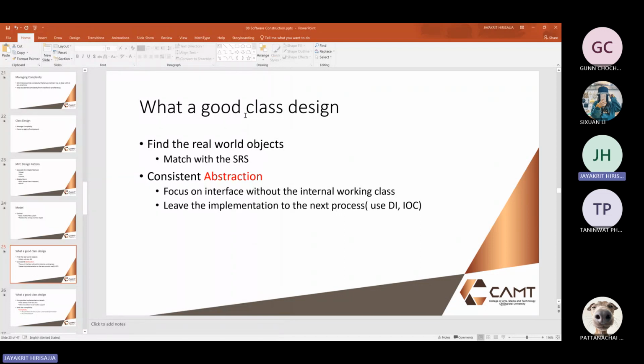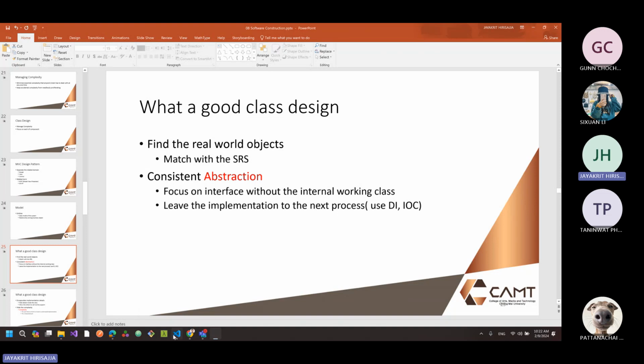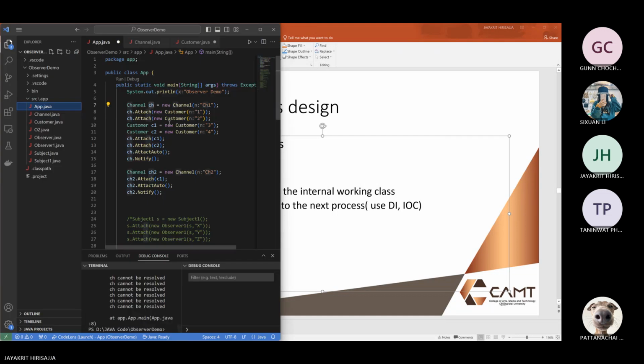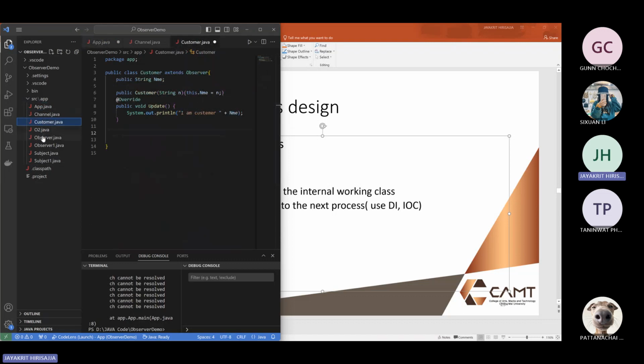If the system needs to represent the customer, we need to design a customer class. And if there is something that should be abstract, we should provide a consistent abstraction by providing an interface instead. So focus on giving the interface without working inside the class. What does this mean? It means that in some object,